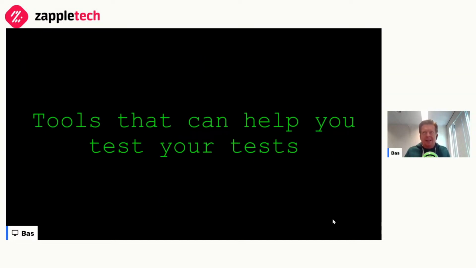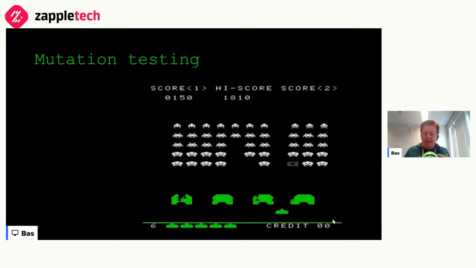That sounds like a lot of work, and it is. The good news is there are tools that can help you test your tests. There are tools that can help you analyze your test suite and give you information about the quality and effectiveness of those tests, which is where mutation testing comes in.